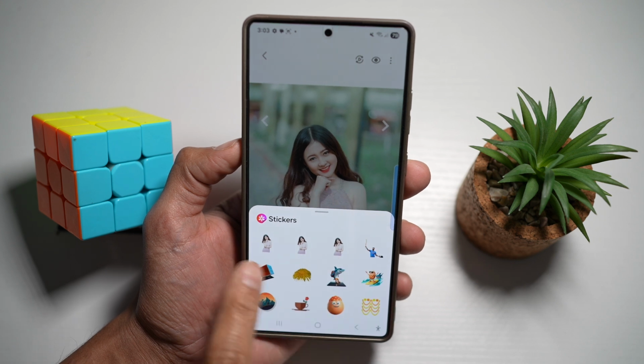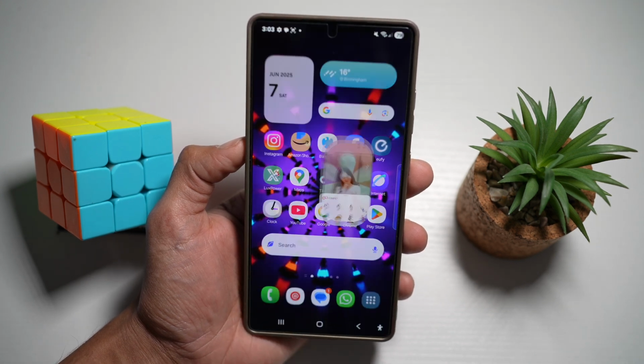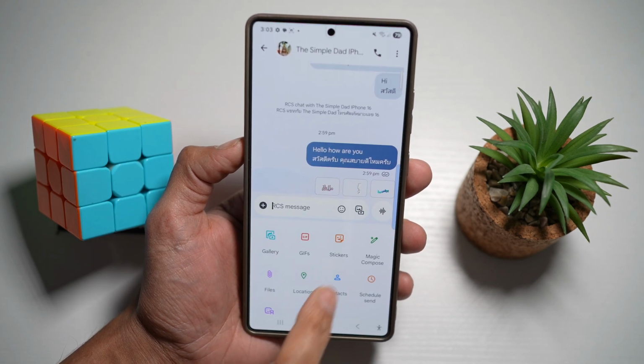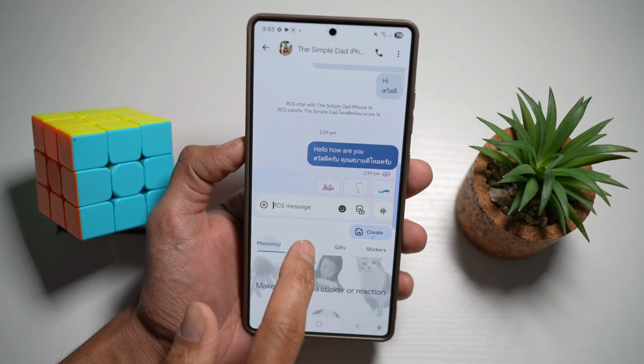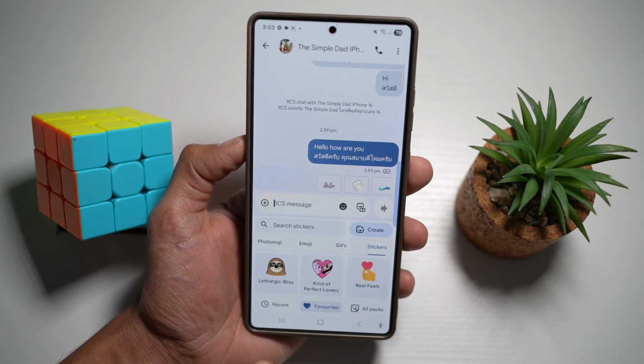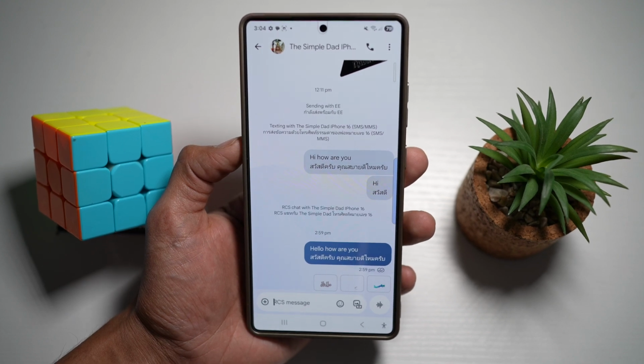And now as you can see, we have all these stickers which we want to use in our messaging app. Now when you press home and go to your messaging app, tap on the plus sign and tap on stickers, you'll see that you cannot see those stickers which you created in the gallery app. So in order to use those stickers which you've created in the gallery app, you want to